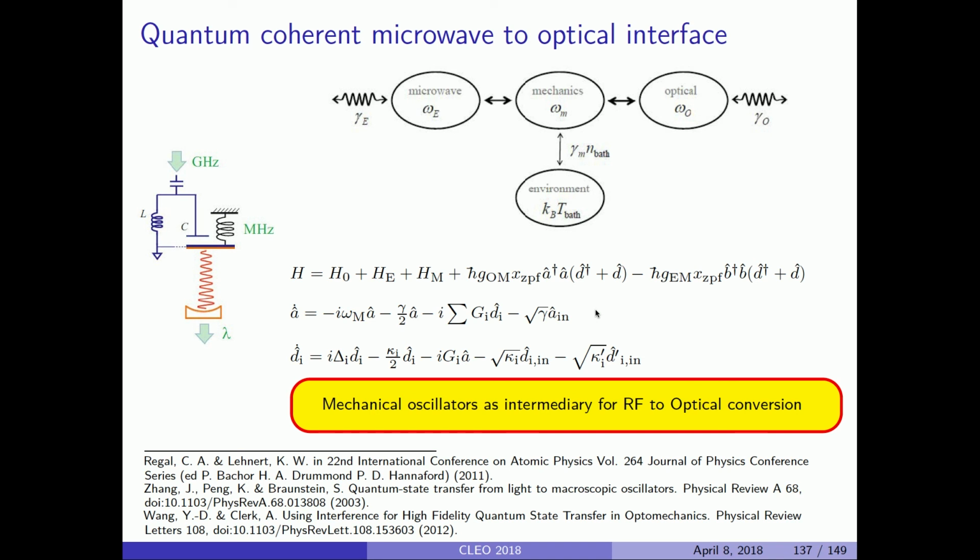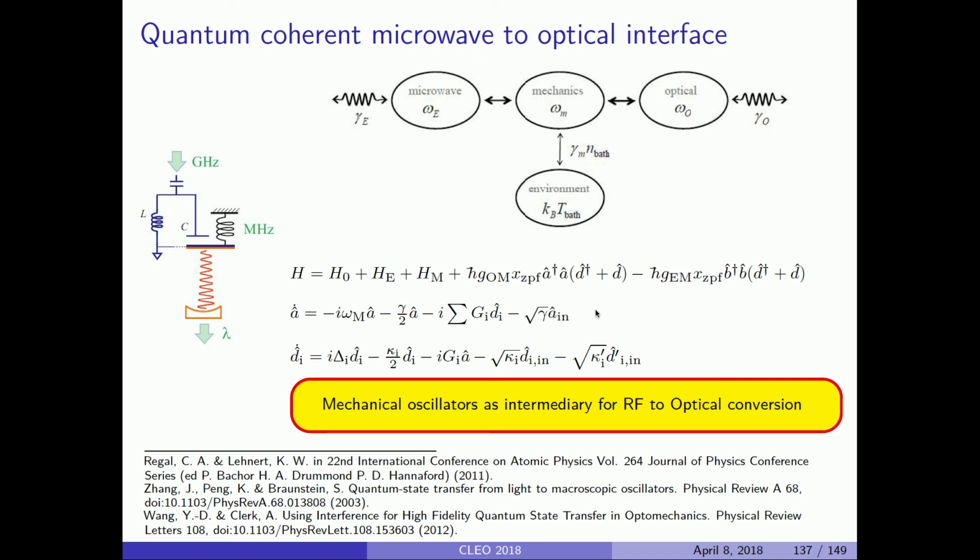And at the same time, this mechanical oscillator forms part of an LC circuit, so it's a capacitor that's mechanically compliant, and so it's also coupled to this LC circuit here in the microwave domain. And so what you have then is 3 degrees of freedom: microwave, mechanics, optical. And what you can generate here is the interface that converts, for instance, microwave photons all the way to optical photons or vice versa. And what's interesting here is that this interface can be completely bidirectional in principle. So you can convert bidirectionally photons from the microwave domain to the optical domain and back. Now,